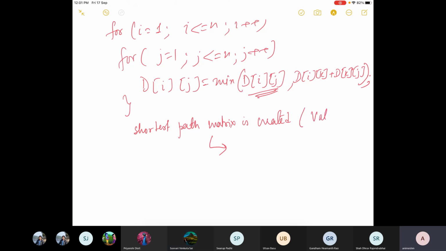So here, in D, every cell will contain what? The shortest path from i to j. What is the shortest path length between those pair of vertices? So for the example graph that we took,